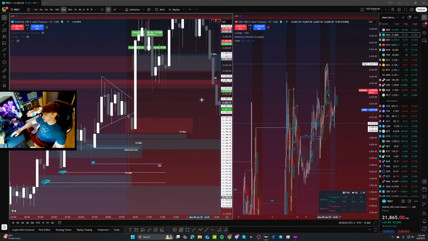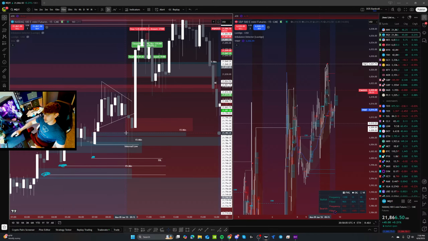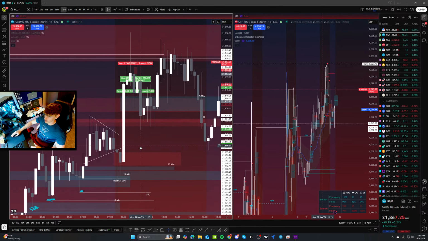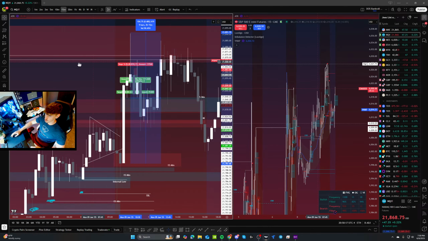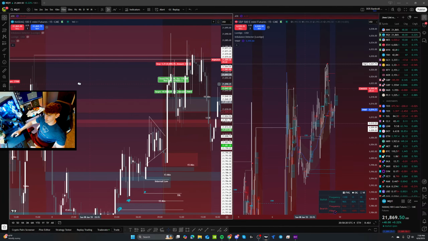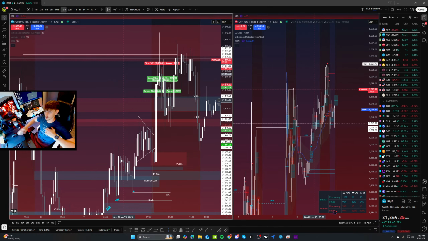Any wick in any direction indicates buying or selling pressure. So if you see a wick like this, it's like, okay, buyers are stepping in, buyers are grabbing price, and we're pushing it back upwards. And then you see just this 15-minute massive bull candle to the upside, and we get a big push to these external highs on the 15-minute. That would have been a really, really good trade, and that's pretty much your classic SMC.